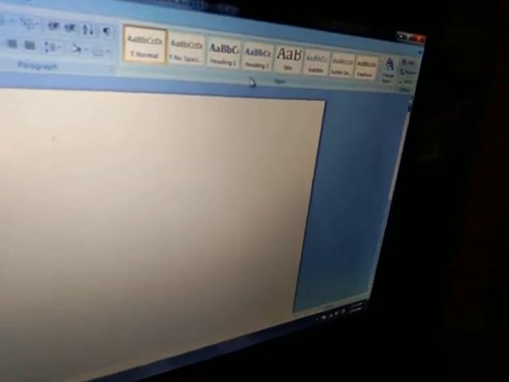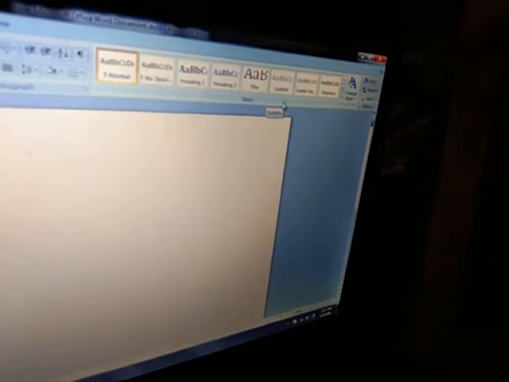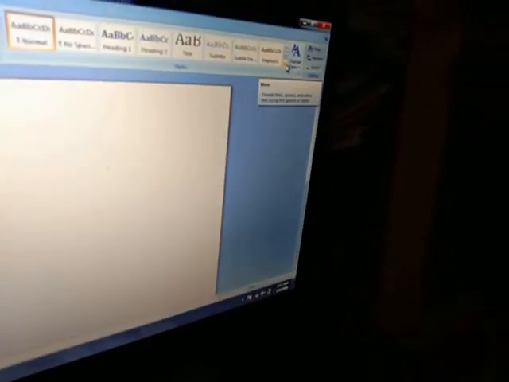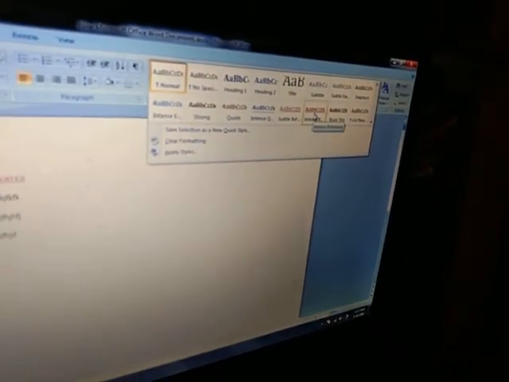Children, in this you will see that something is written there, like Heading 1, Heading 2, Title, Subtitle. From here you will click on the More option, and then you can select any style.